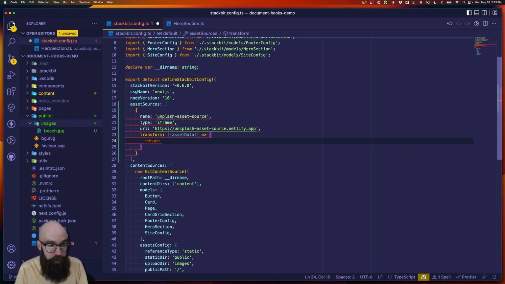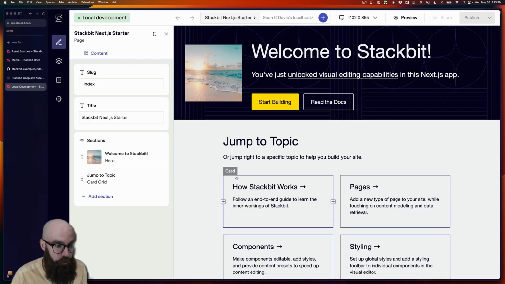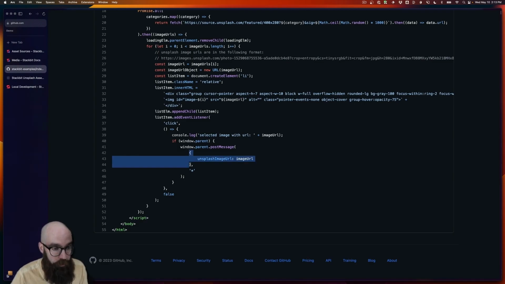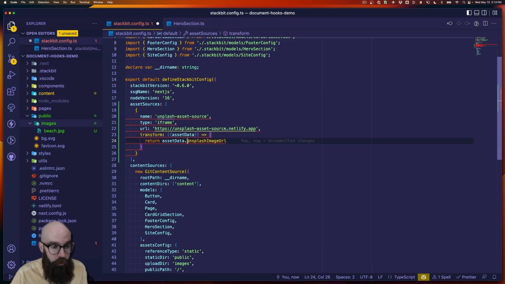And we can manipulate this object and we can return anything we want. In this case, all we're going to do is call assetData.unsplash image URL. Now, let's go back to that source code from the custom asset source. Notice here that what we're posting is an object and it has one property called unsplash image URL, and that is the URL directly to that unsplash image. And so here we make sure that the property matches what is coming in from that asset source through that